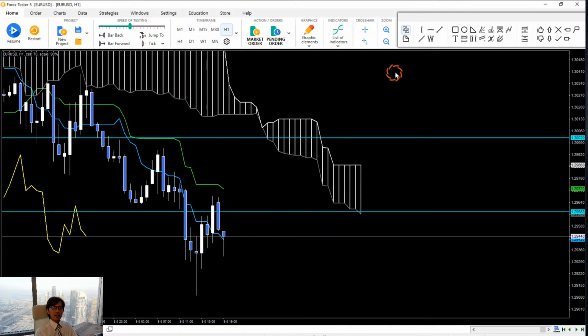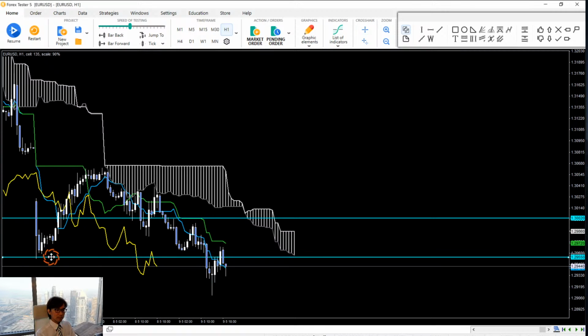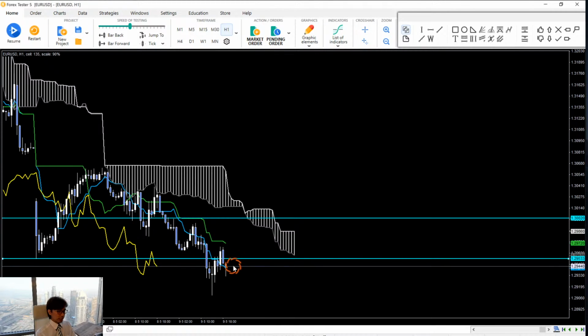And in this case, also make sure to draw lines. So there is a previous support level here. So the market might test the support level and go backwards. That's one of the scenarios. And also,